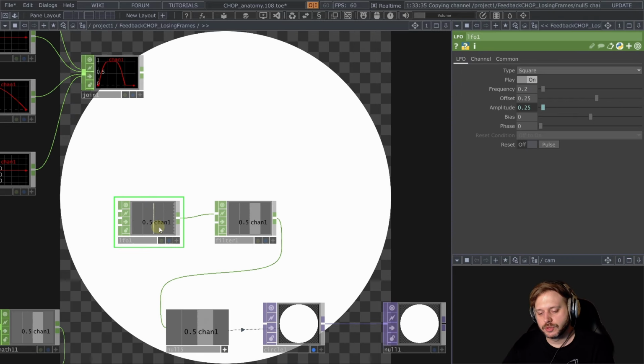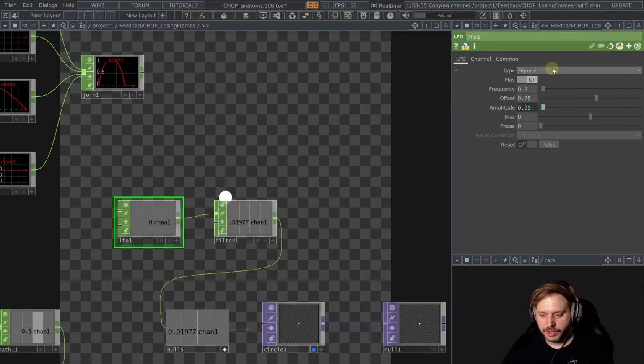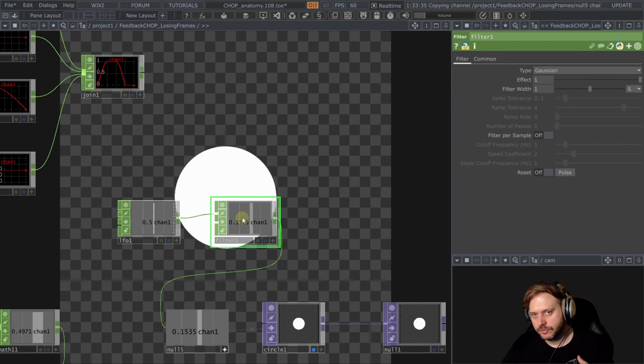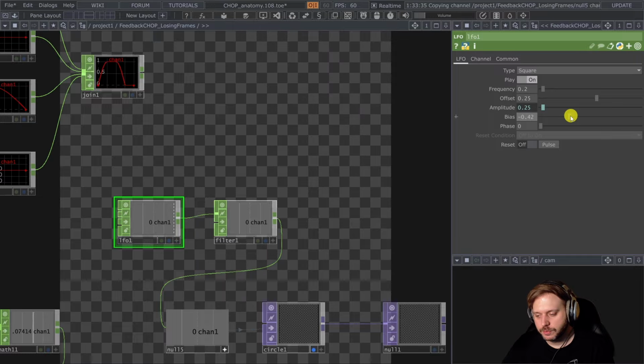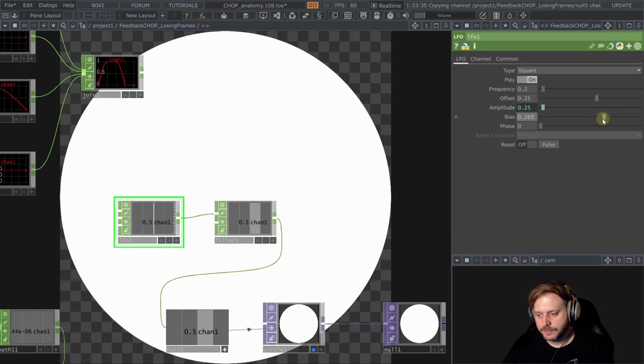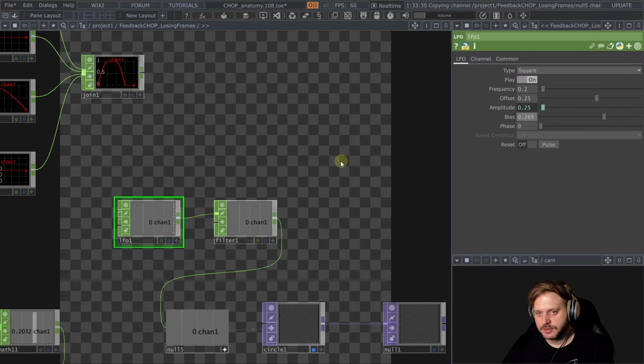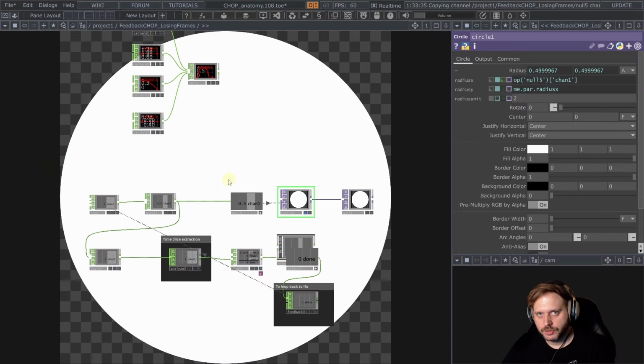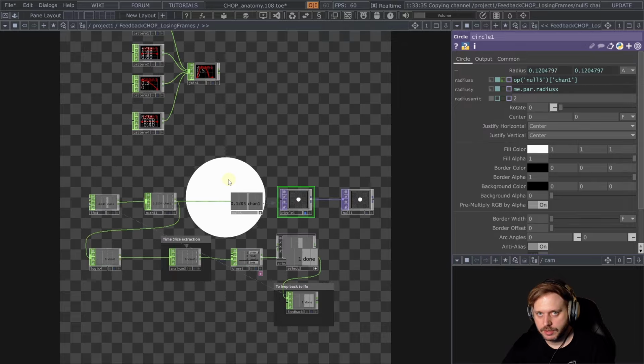You would think you could also use an LFO with a square wave and then put a filter after it for the smoothing of the animation, which could be okay, but again, I have to play with the bias to change the timing, and then again, it's not enough control. So here we're going to take a look at my preferred option, which gives us the most convenient and accurate